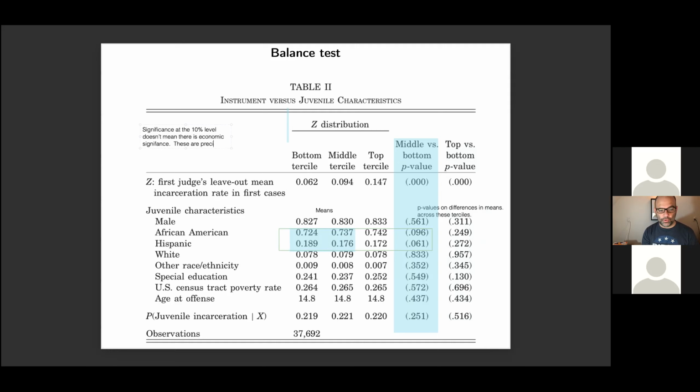These are still similar magnitudes, 72.4 versus 73.7%, or 18.9% versus 17.6%. Now, at some point, when you do enough tests,